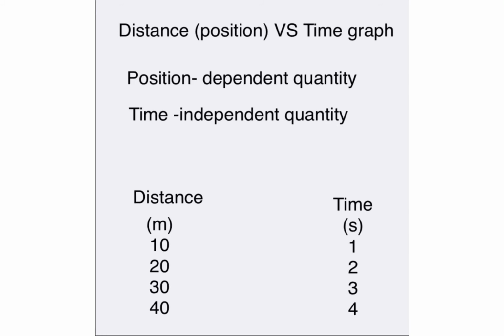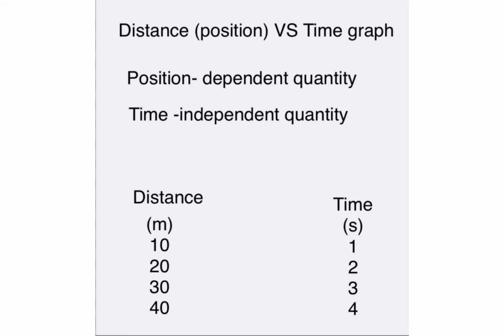So we can say that it is performing which kind of motion? Yes, uniform motion. And when we plotted the graph, it was a straight line passing through origin. So if a graph of distance versus time is given to you, and if it is a straight line passing through origin, then you can clearly say that it is representing uniform motion or motion with uniform speed, right?